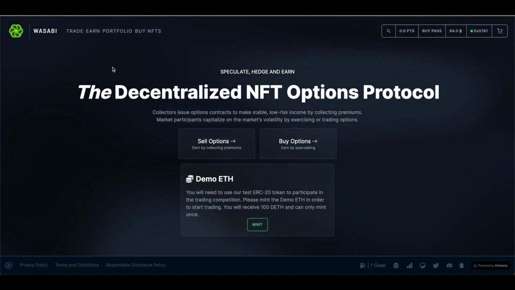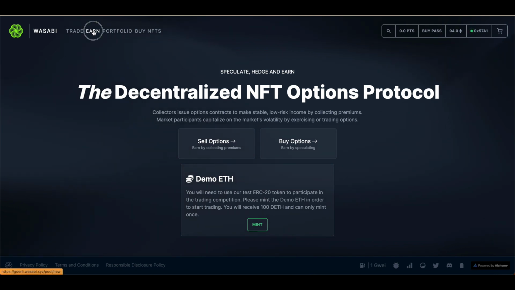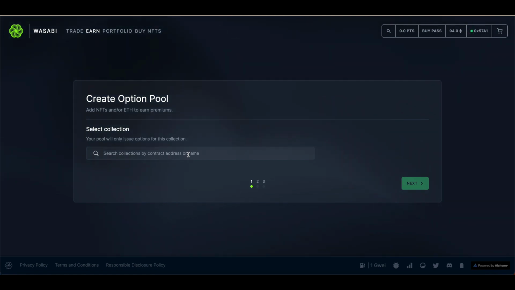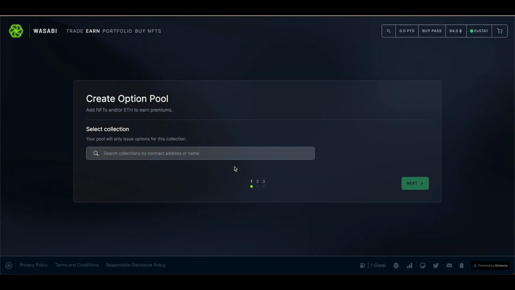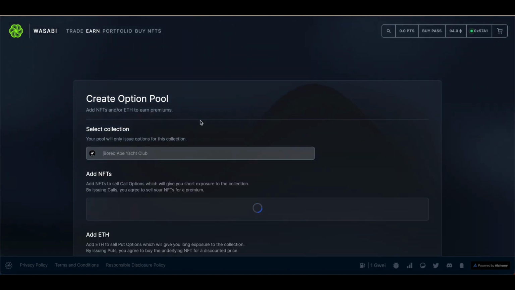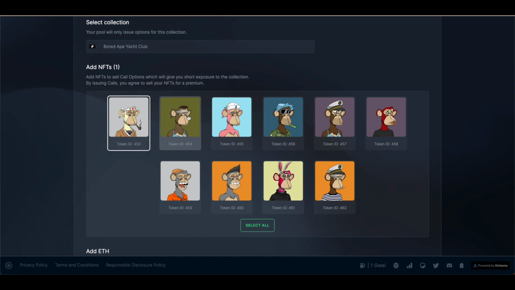We'll go to wasabi.xyz to start trading and navigate to the earn page. So first we'll create an options pool on Wasabi. We'll select the collections that we want to deposit assets for, and this can be either NFTs or ETH. Here I'll choose Bored Apes, being one of the most liquid collections. And here I have all of the Bored Apes that I own. I'll select 2 apes,